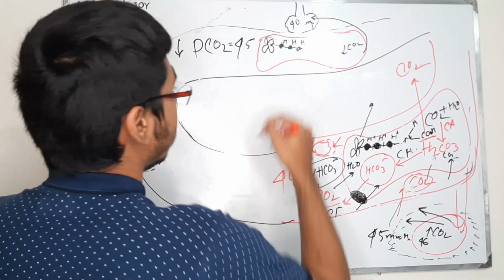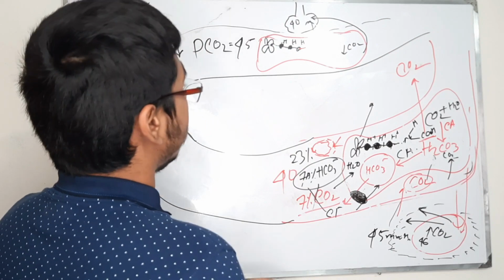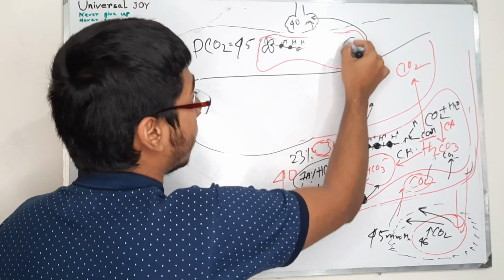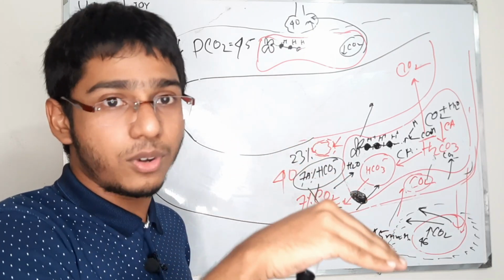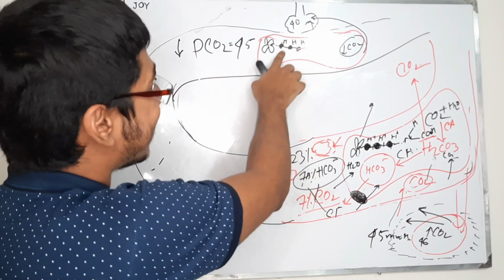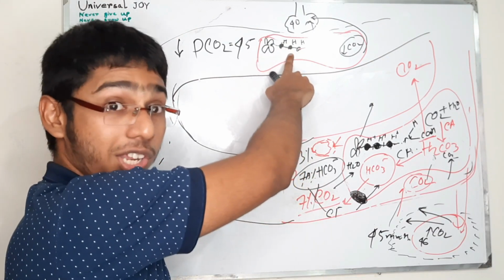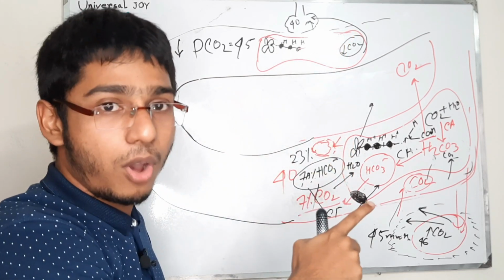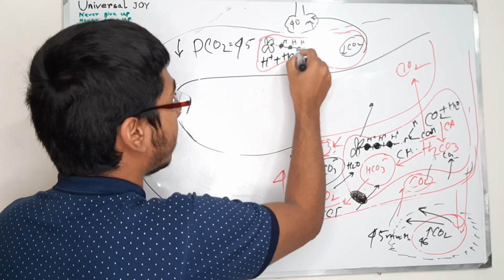So, what really happens, this hemoglobin is a very tricky molecule, I must say. This hemoglobin has seen that the carbon dioxide level is going downward. I have to have the constant flow of the carbon dioxide from the inward to outward. So, to do that, it kicks out, especially from the globin part of the hemoglobin molecule, the hydrogen ions, so that they can bind to bicarbonate